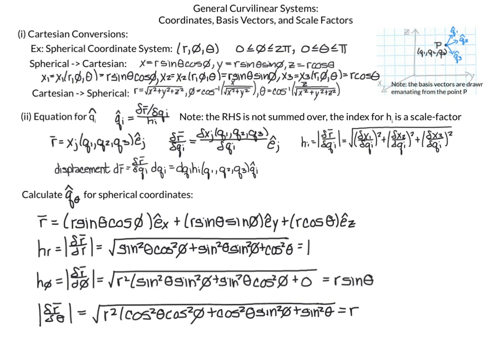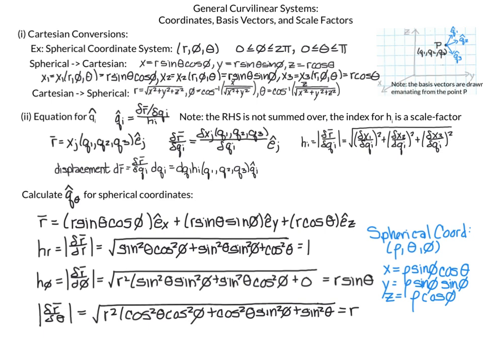And you might recognize that from when we did triple integrals for volume integrals when we were talking about Gauss's theorem. One thing I have to apologize for is that I was using rho for R, and I switched my phi and theta because I'm a math major. This is what spherical coordinates look like to a math major: there's a rho instead of an R, and the phi and the theta just swap symbols. So the point is that when we had done those volume integrals,